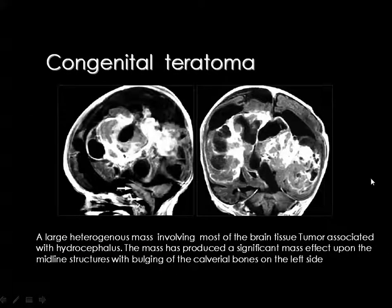Then this is T1 and coronal and sagittal without contrast injection. And the main component of the tumor is fat. And this is a congenital teratoma, which is seen in this pediatric age group, diagnosed by the presence of extensive